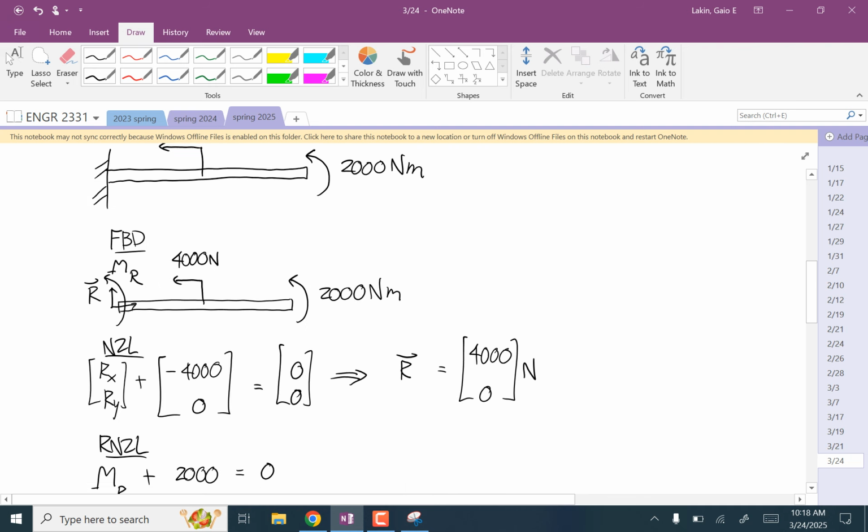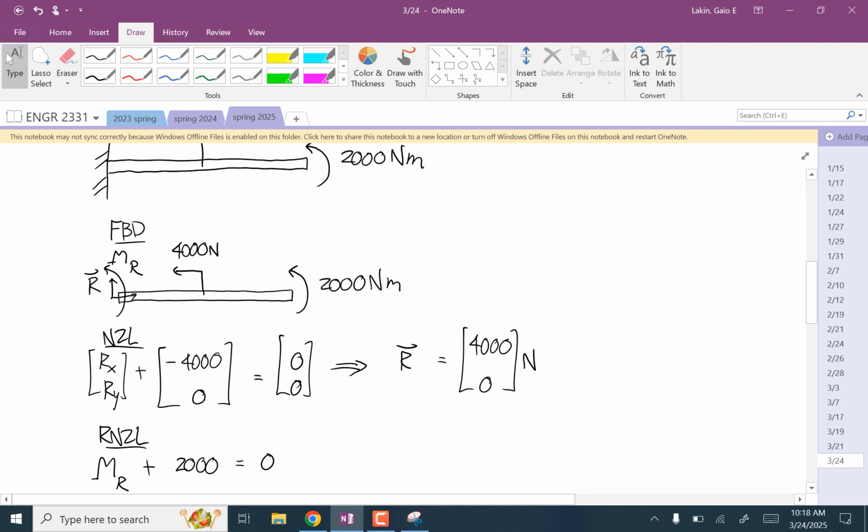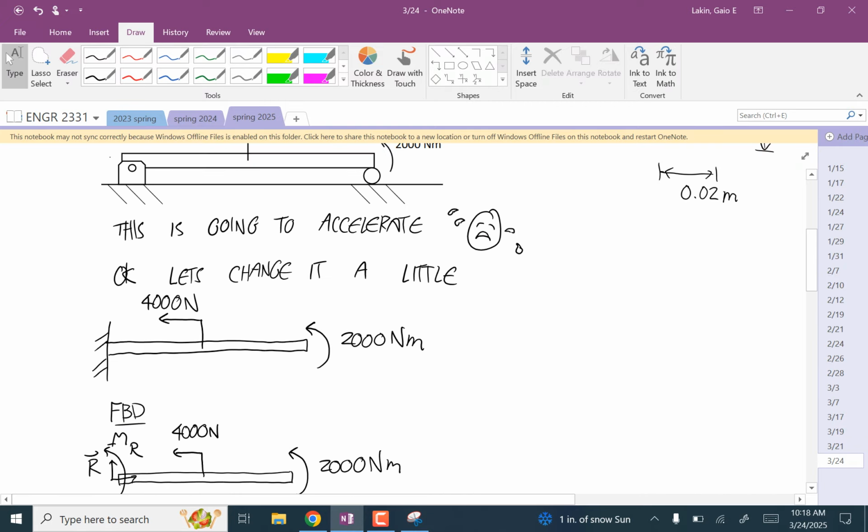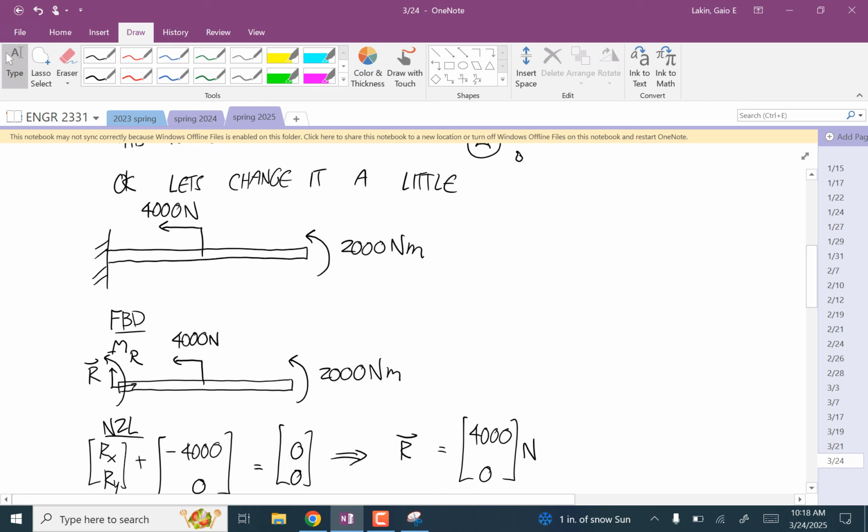Now, this beam has couples on it like this on the right and like this on the left, we figured out. So this is like curving it into like a smile, you know? And so